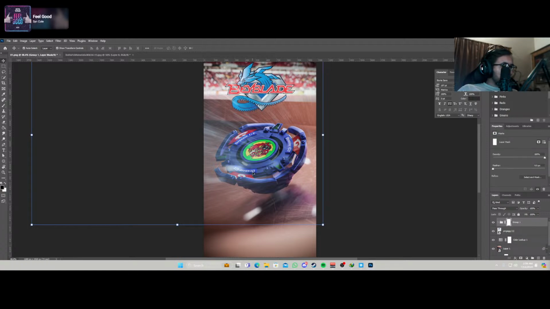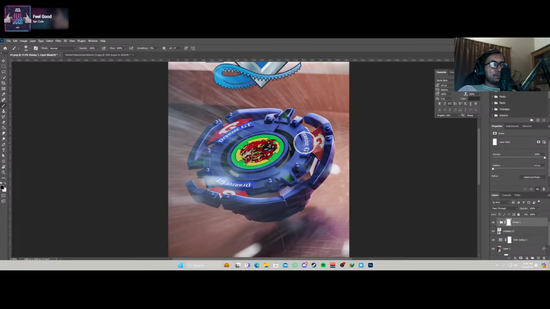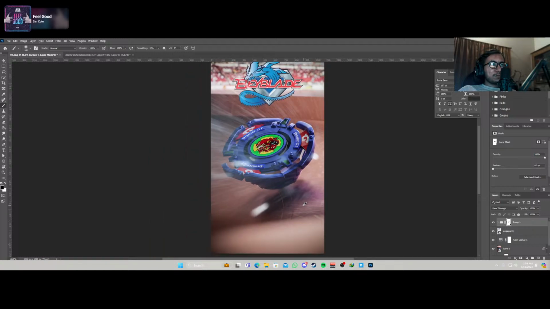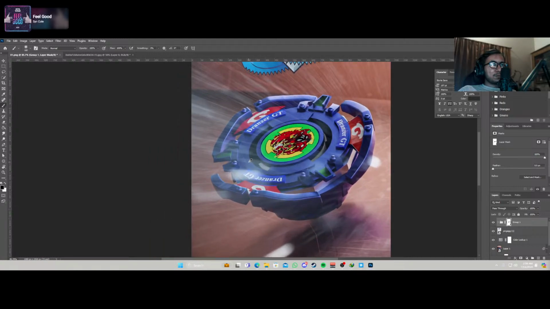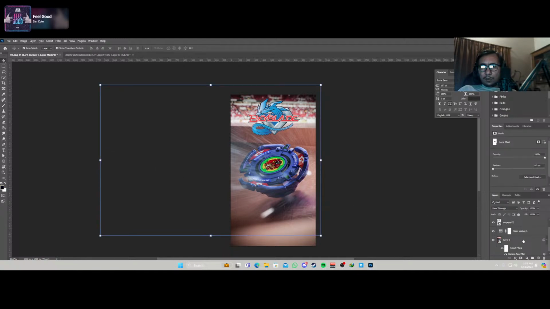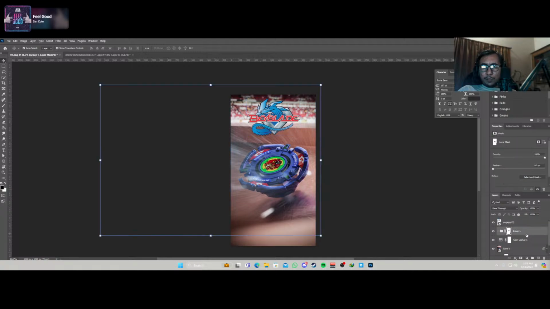And in the brush section, I'm gonna be erasing where I don't want it. And if I put this over here,